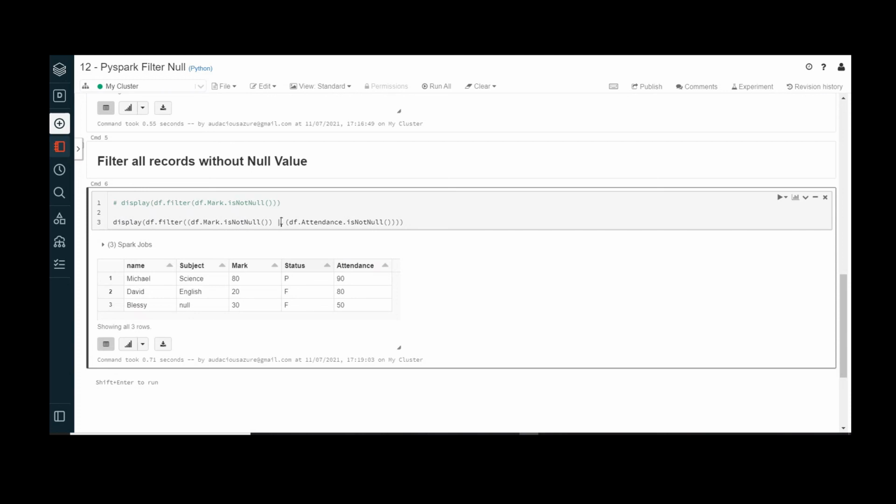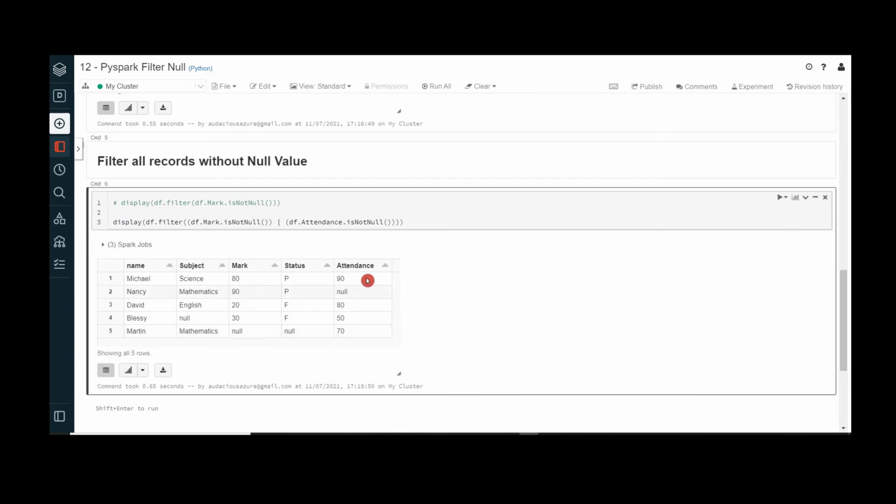The OR operator is mainly used to check whether any of the conditions is met, and then it will return that record. So I'm going to execute it so that if either mark or attendance is holding a value that is not null, then that record is considered for the final output. Let me execute this one.